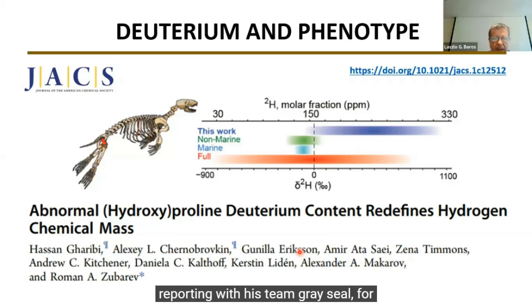He was reporting with his team gray seal deuterium concentrations. You can see this in his graph, the blue line. The samples were coming from the rib and from the pelvic bone. And it was interesting that they measured somewhere over 300 parts per million of deuterium content in